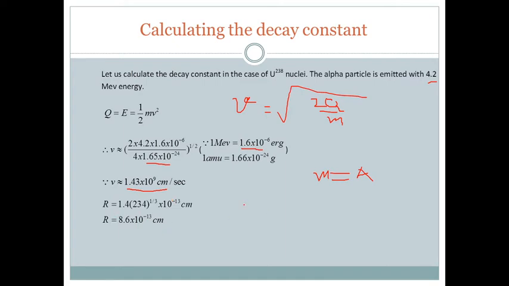I calculate the radius using the formula R is equal to R0 A raised to 1 by 3. This formula is known to you. So I put that formula. Let me just observe here that A is taken as 234 and A is not taken as 238, because we are talking about alpha tunneling from the daughter nucleus. So the potential seen by the daughter. So you'll have to take A of the daughter, not of the parent here. So it is 234 to multiply. So I get R, I get V, all those things I calculated.